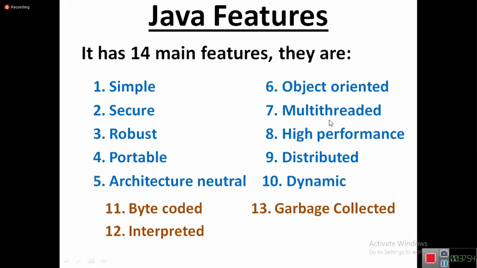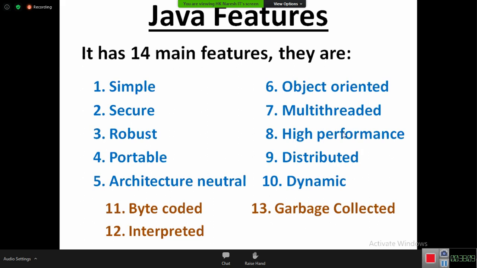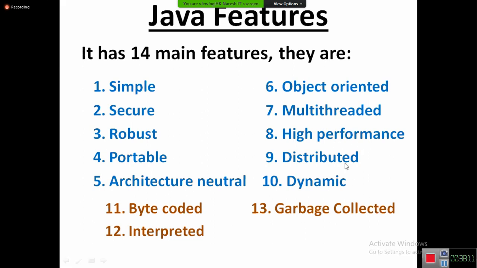Are you doing multi-threading? Are you not concentrating in the class? The name itself is self-descriptive: high performance. Java program execution is fast. How is it fast? Because of its multi-threaded nature and the JIT compiler. Distributed is also self-descriptive. A program available on one computer can be accessed from different computers, because of RMI, EJB and Spring techniques.